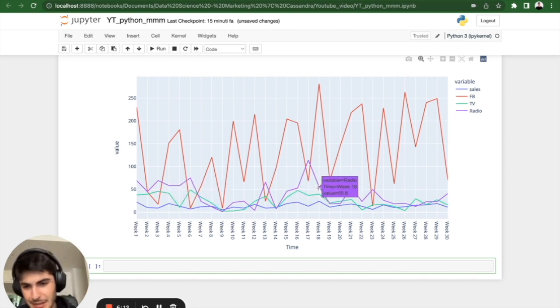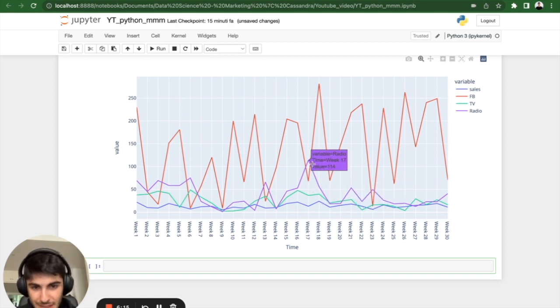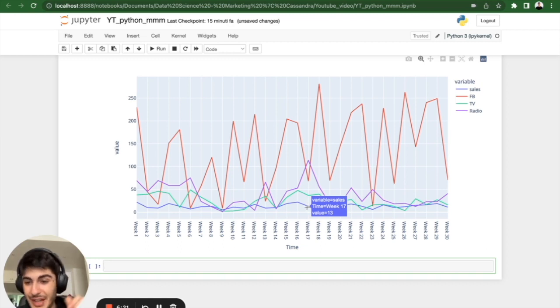TV seems a little correlated, but we can see that radio has positive spikes when sales have downward spikes. So they're not really correlated, as I've seen. Let's quickly check the Pearson correlation metrics. Python and pandas have a really simple way to do it. It's just df.corr,